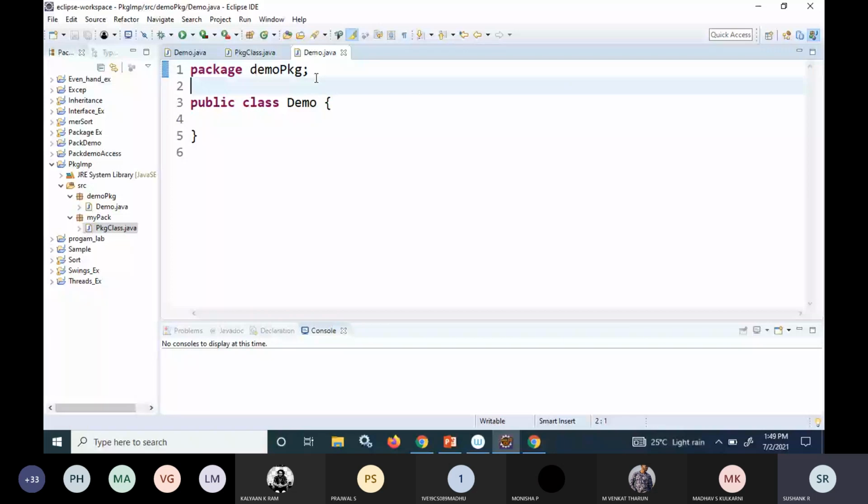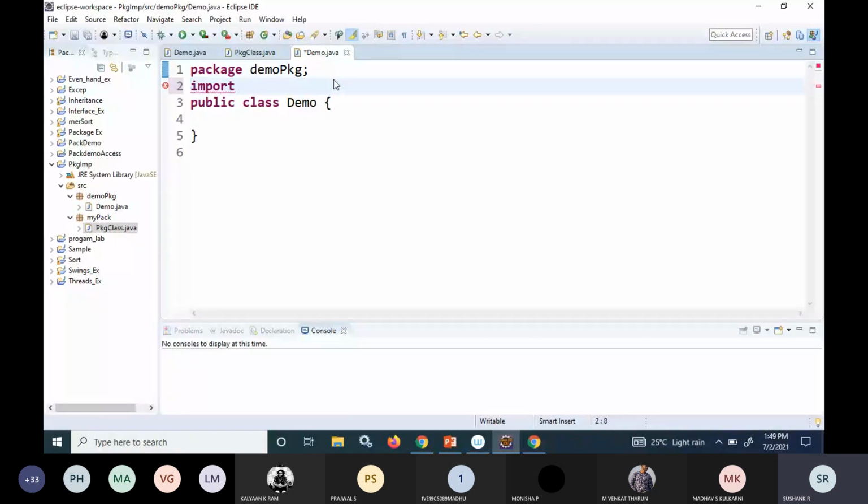Why did I not make use of the default package? Because this import statement can be written after this package statement. So if you're giving a name to a package, the import statement will be the second line, the line after the package declaration is done.